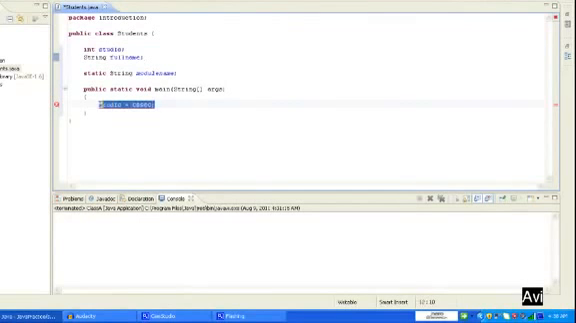So to create an object, the general form is class name, then an object name of your choice is equal to new class name, open close bracket and semicolon. So our class name is students, an object name of your choice, let's say student1 is equal to new students();